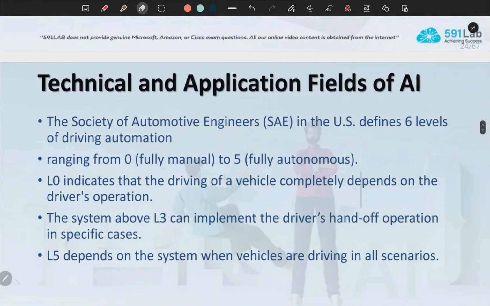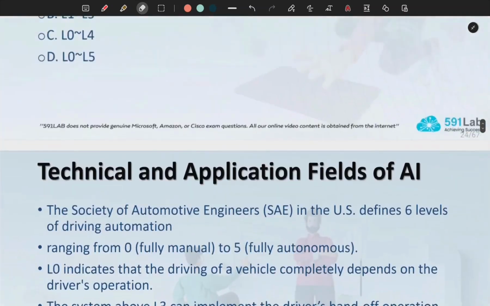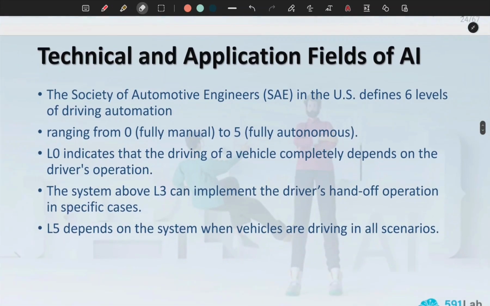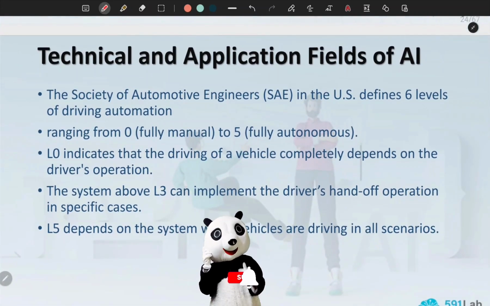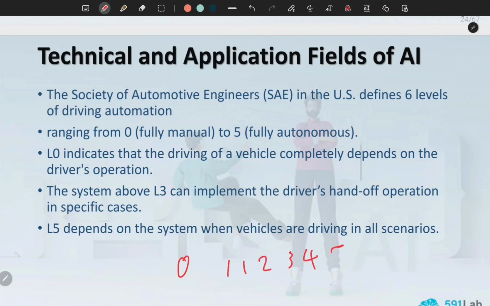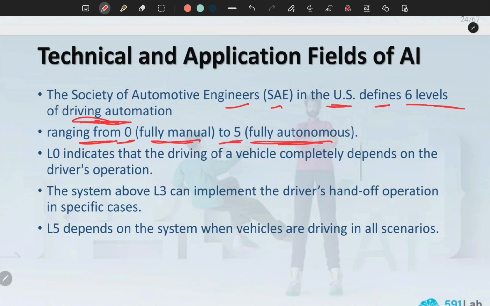So the SAE divides automatic driving into 6 levels. They are 0 to 5. Level 0, 1, 2, 3, 4 and 5. 6 levels. Let's see what each level means. The Society of Automotive Engineers (SAE) in the US defines 6 levels of driving automation, ranging from 0, fully manual, to 5, fully autonomous.